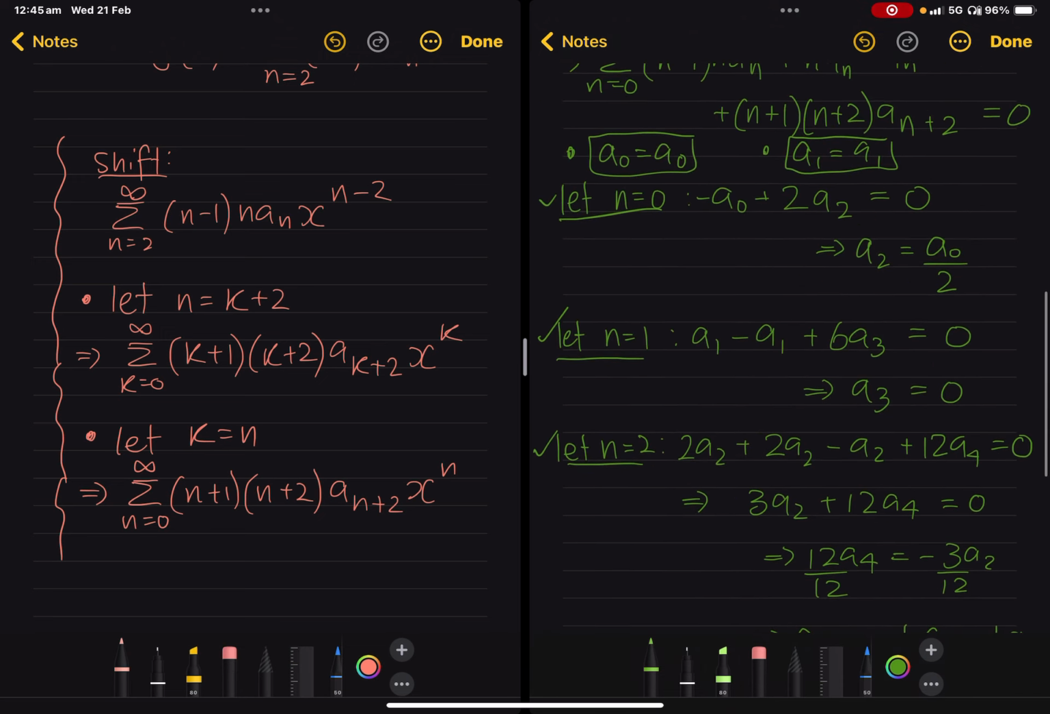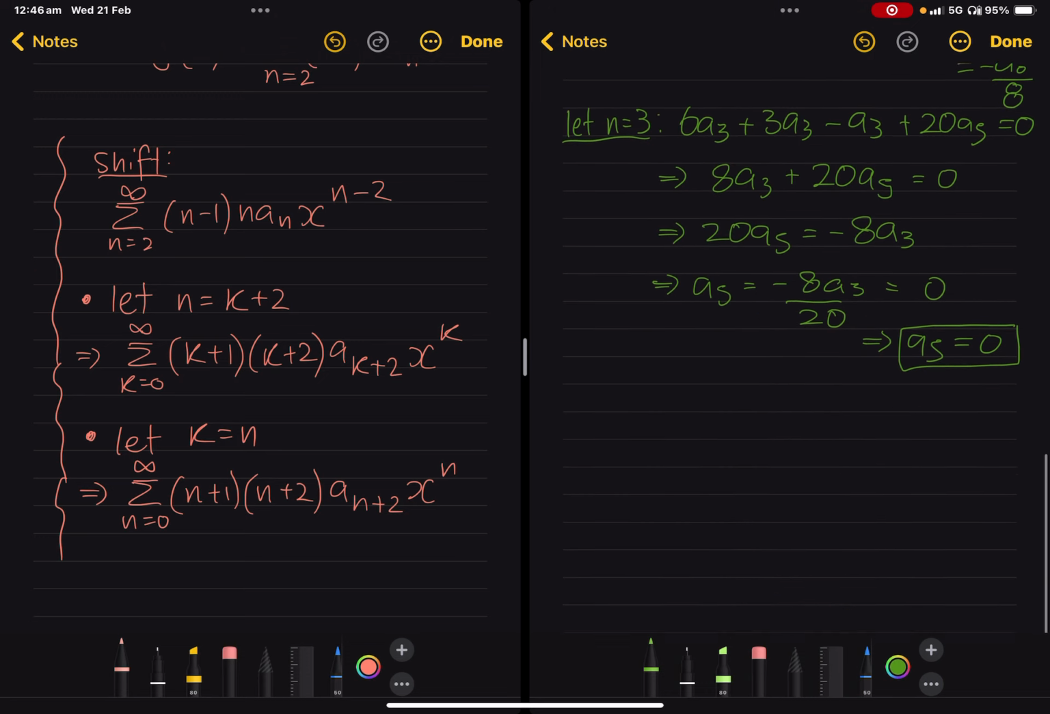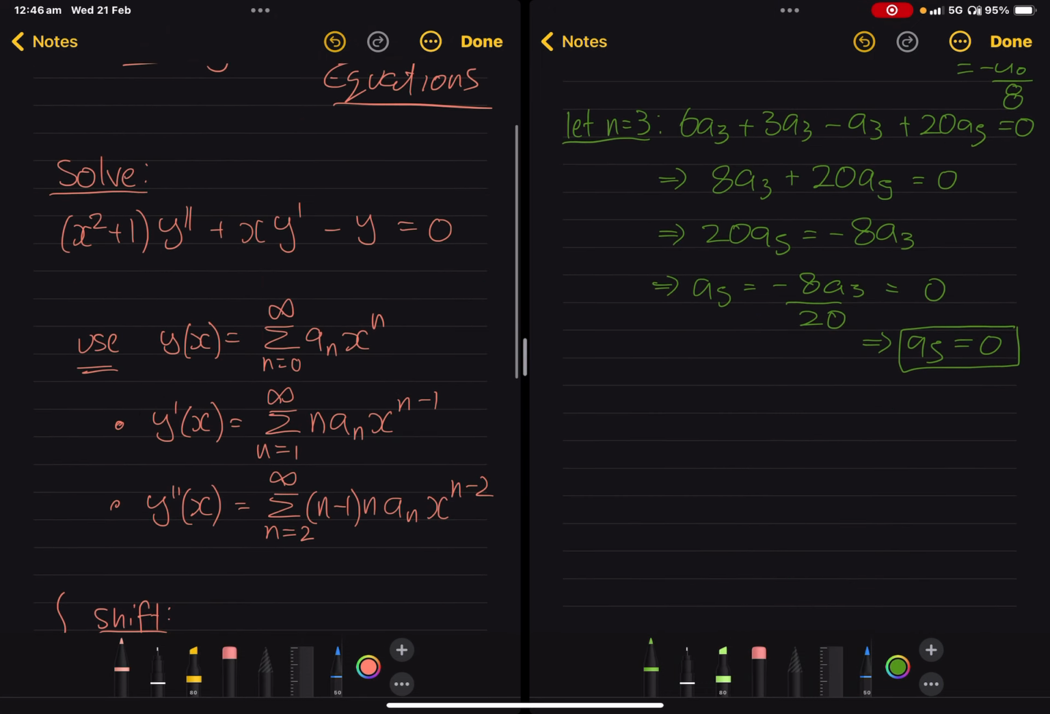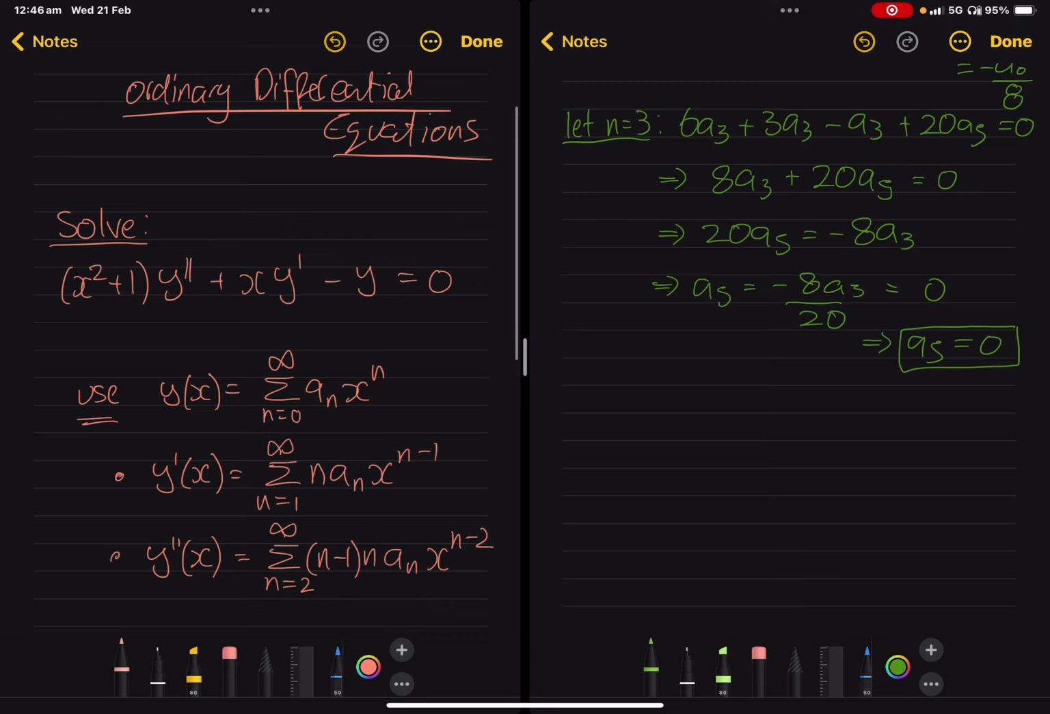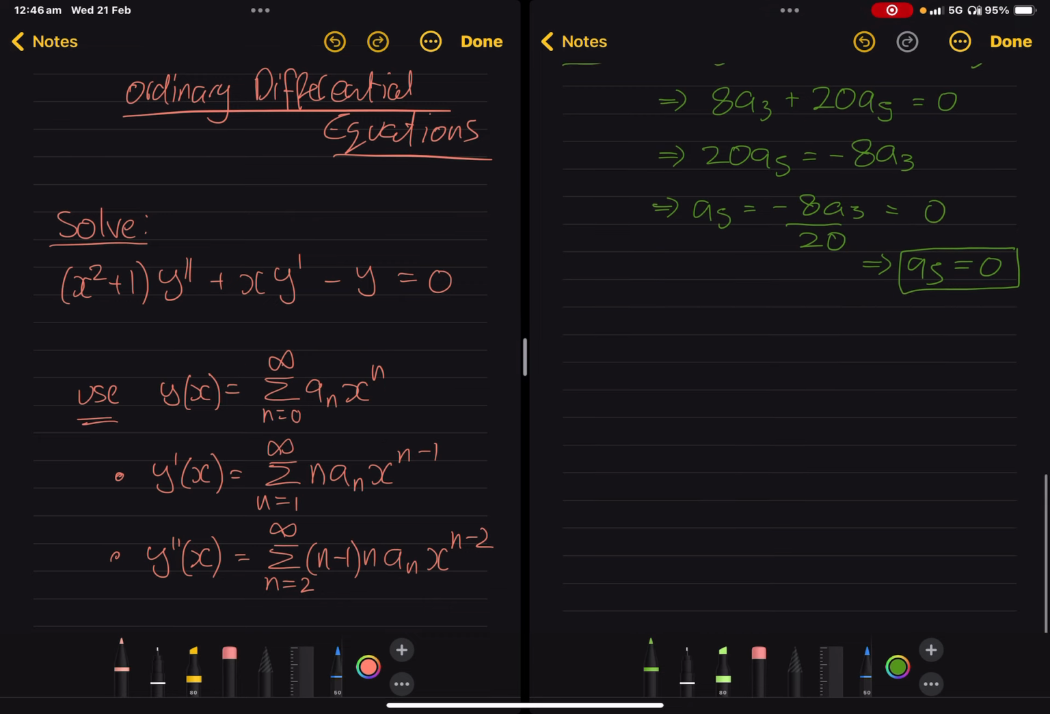So we have an A1 term, which we have not yet defined. We have A3 is 0, A5 is 0, so likely all of the odd number terms are zero, but the even number terms aren't necessarily 0. So now we're going to write down what our solution form will look like. Remember, the solution form is the sum from n is 0 to infinity of a_n x to the n. So therefore, our solution y of x should look something like a0